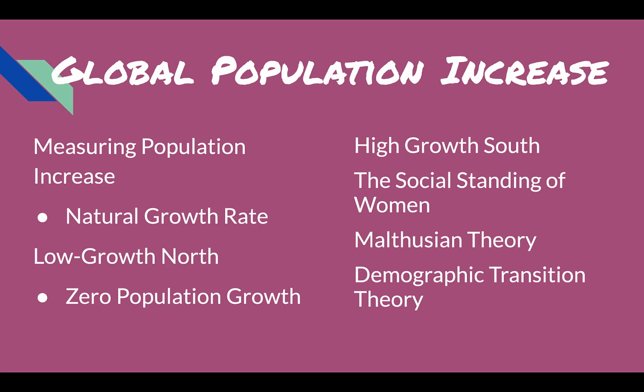So anyway, we can see that that's a really, really strong predictor: you give women the power to control their bodies, and guess what? They're not going to have 11 kids, right? But when we look at places like the high growth South, we see that the medical technology that has helped reduce death rates has not reduced population increase. Again, what you have in the high growth South is that a lot of people are having kids, but people are living longer and not dying as easily as they did in the past. And so the social standing of women has everything to do with this.